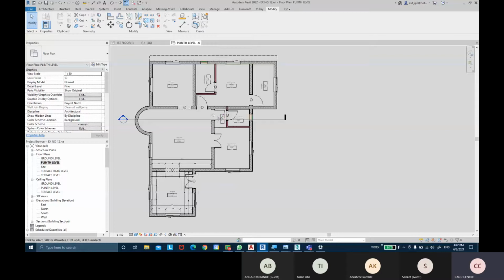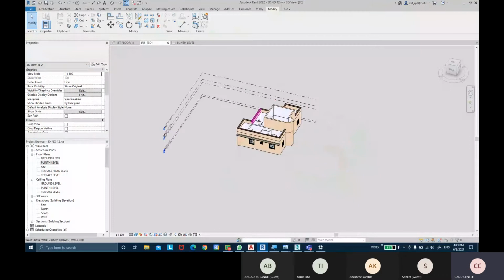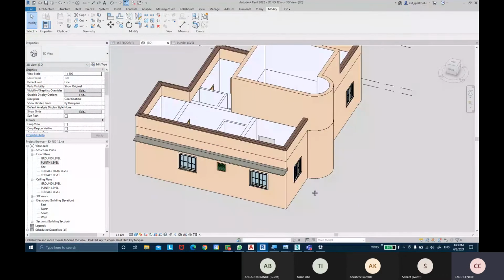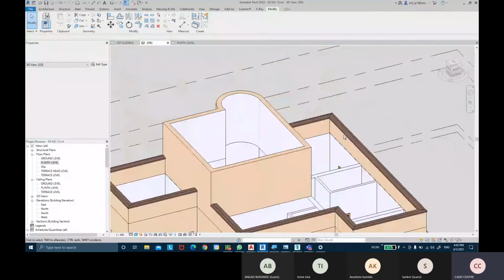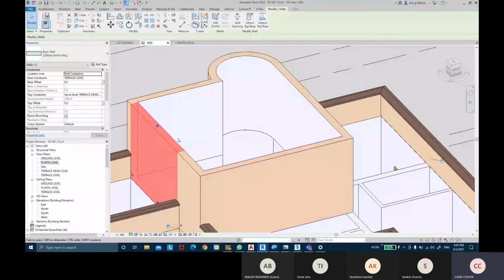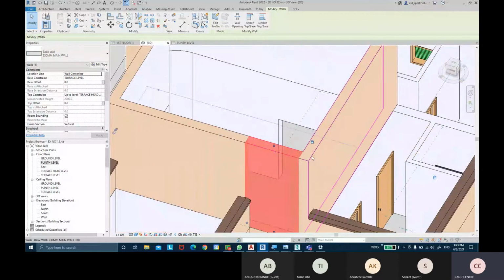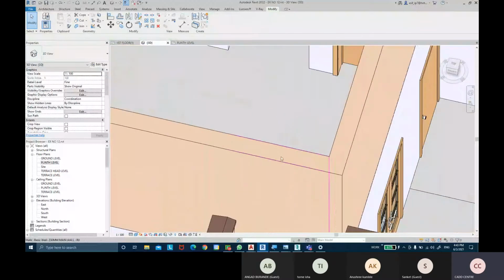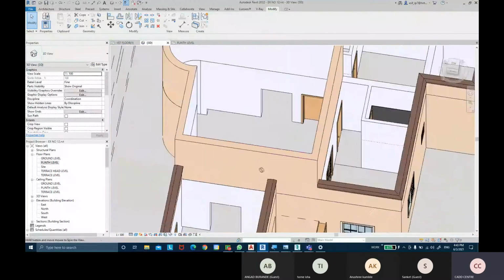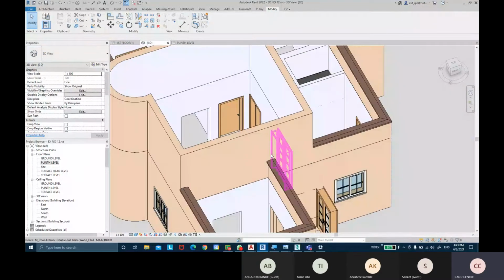Let me come into 3D view now. And if you see, when I select this wall, I don't see the part details of that wall. I want to view the part components of this wall, because from the top view or from the 3D top view, I'm not able to see them. I'm only able to see the finishings of the walls. I don't see the part elements of that wall. So how do we enable that?